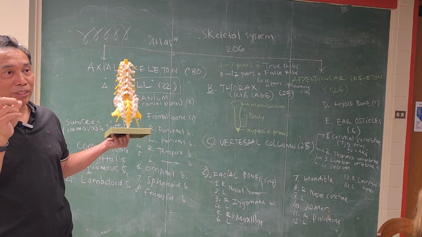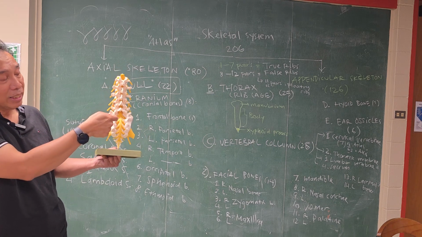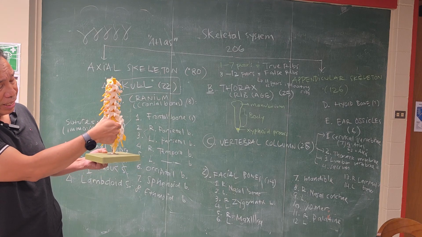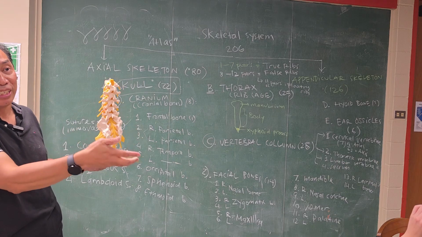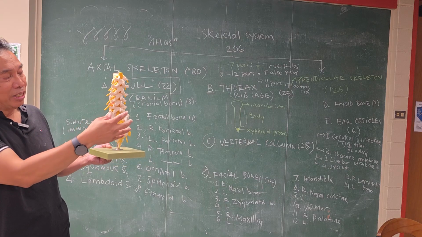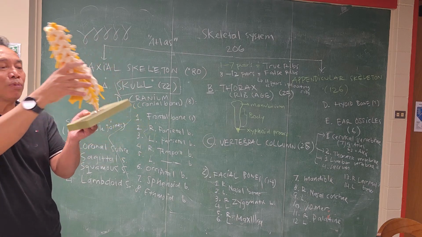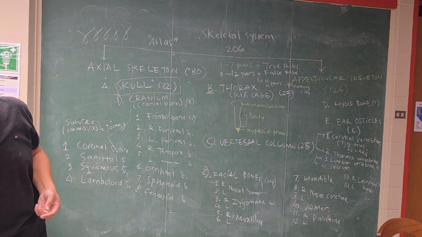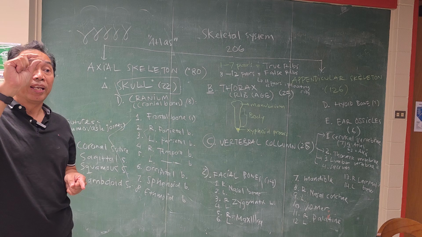We don't say S1, S2, it's only one, sacrum, that's it. But if you see, every part will fill with the nerve. Therefore, you're going to have nerve number 1, S1, S2, S3. That's the nerve number, but not the vertebrae number. So vertebrae, only one, which is called the sacrum. And then the last one here, which is in the tail, is also fused of 3 to 5 vertebrae fused into one.